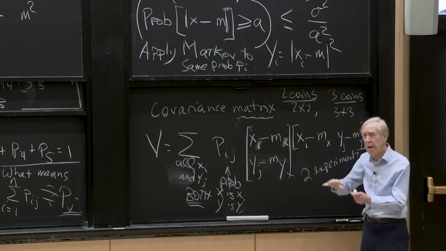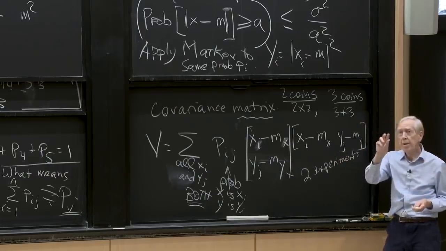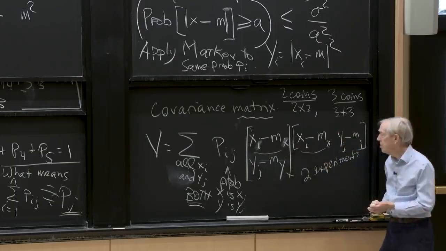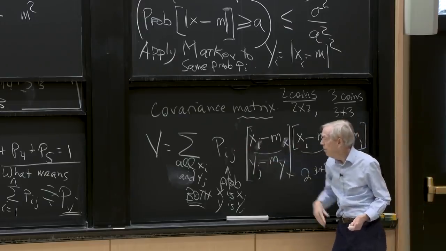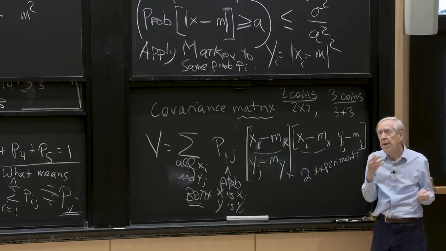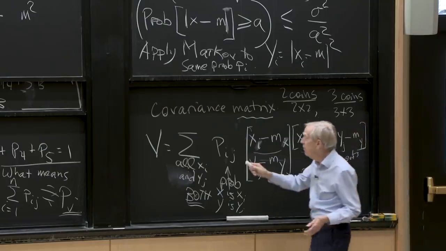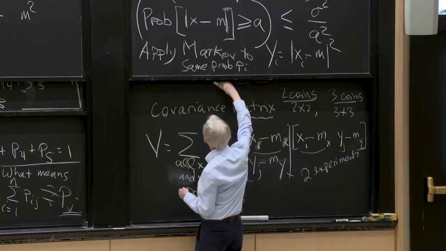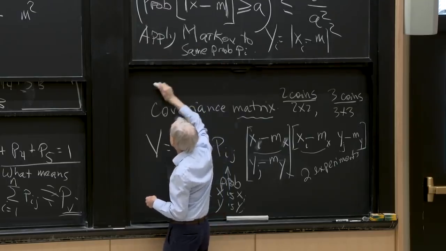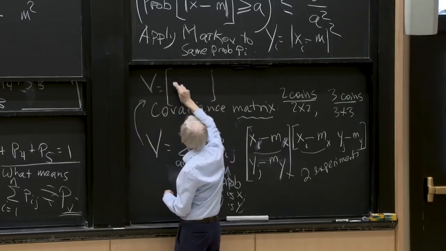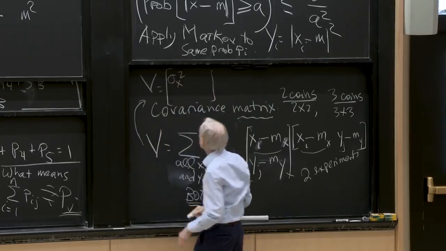This is the covariance matrix. So what is the 1-1 entry in that matrix? The 1, 1 entry is coming from that times that, which is that thing squared, times all the PIJs, add them up. What do you think I get for that? I get the variance of the X experiment, the standard variance of the X experiment. So V, I have to tell you what V is now here. This is V,